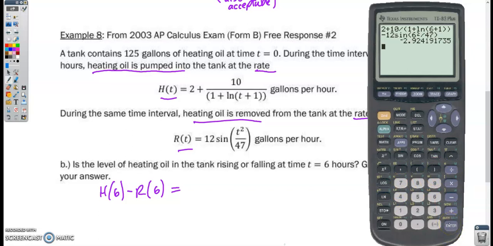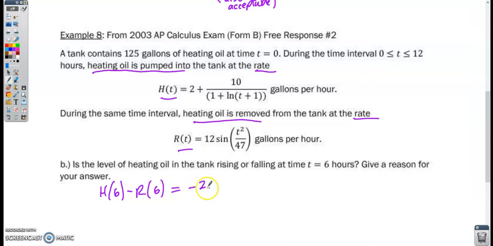That gives us negative 2.924, whether we round or truncate. Negative 2.924 gallons per hour. And so the level of heating oil is falling